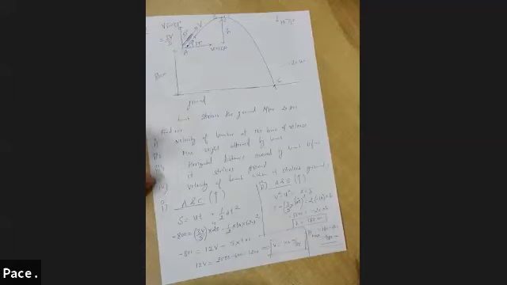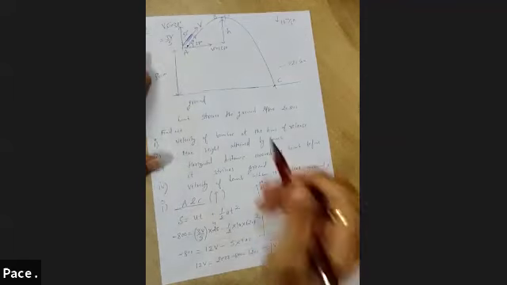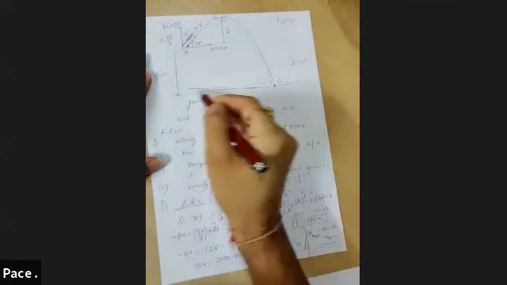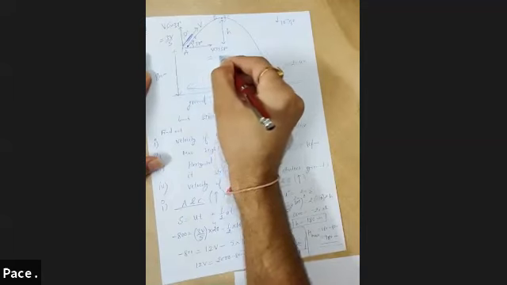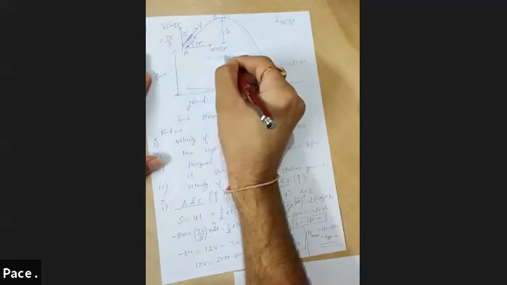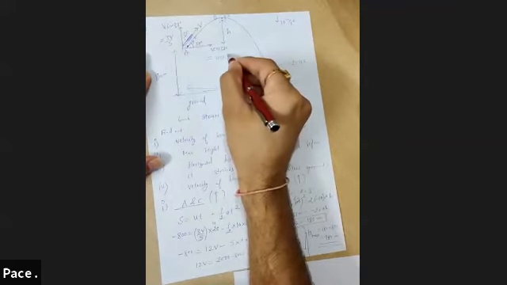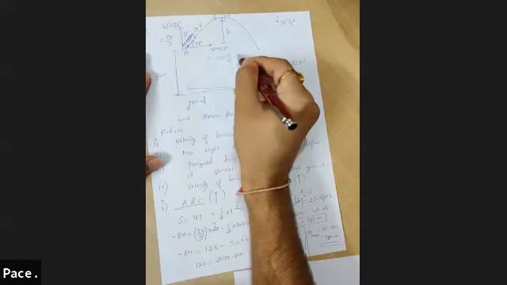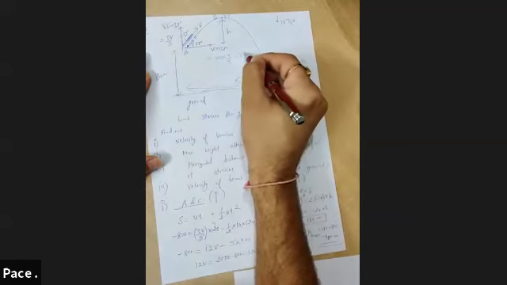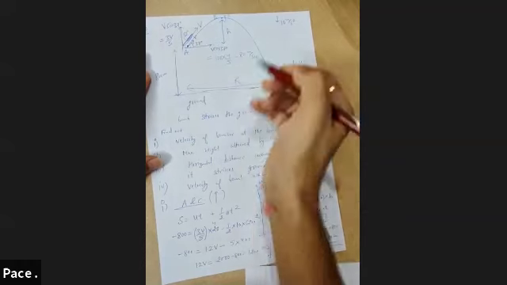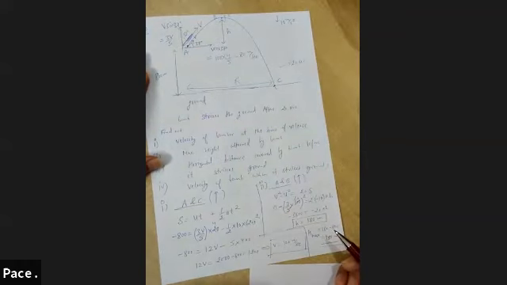Now the third part is horizontal distance. Third part is horizontal distance traveled. Simply they are asking you the range. And what was this horizontal component? It was V, which is 100 multiplied by cos 37. How much is cos 37? It is 4 by 5. So 100 multiplied by 4 by 5 would be 80 meter per second. 80 meter per second would be the horizontal component.